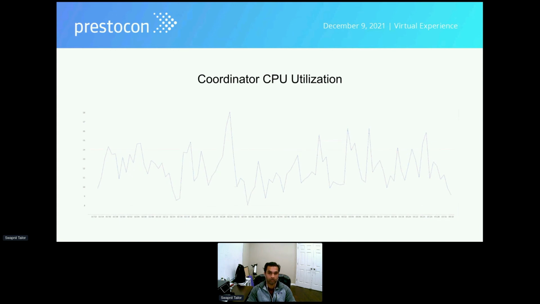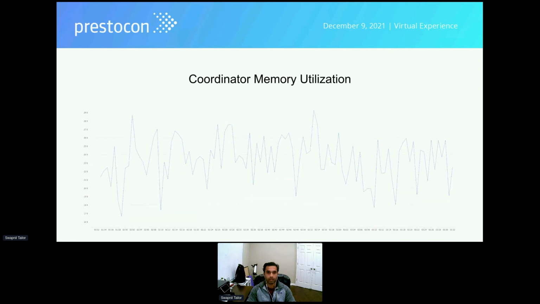On average, our coordinators are not having high CPU utilization. This used to be much higher on the single coordinator serving the same workload. As can be seen, here is the average number, and I did not put individual coordinators' numbers. Here is the coordinator memory utilization, which is also well below the limits, and there is a lot of free room available for the memory to grow on the coordinator.